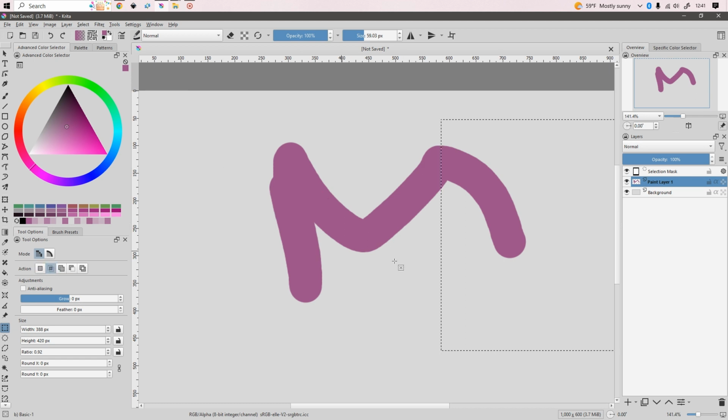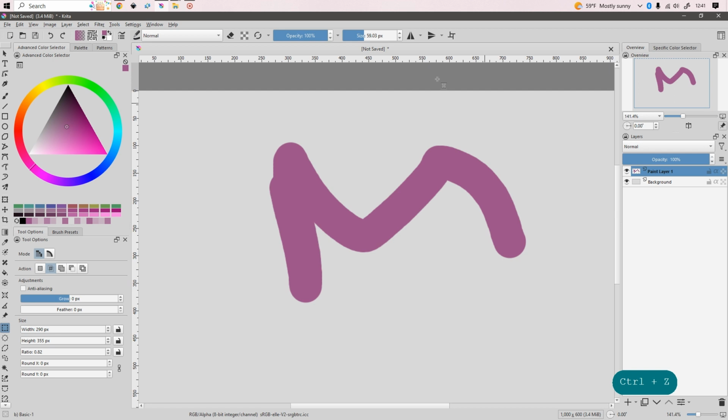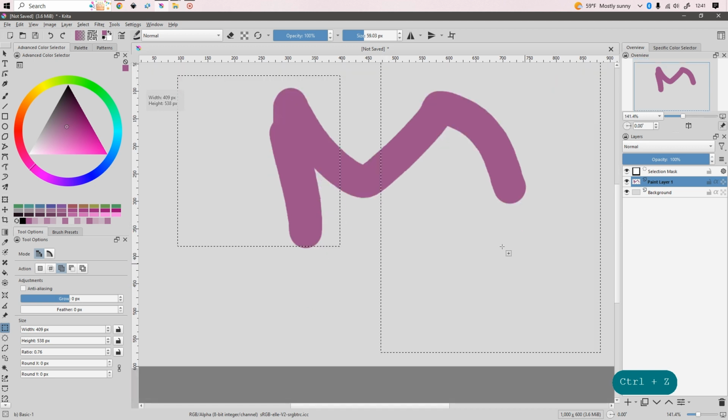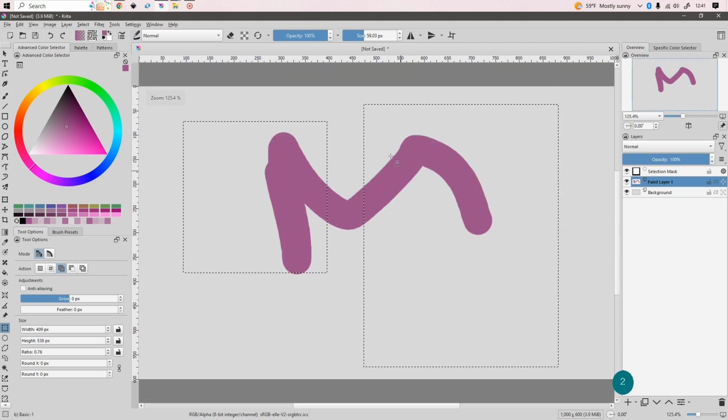Intersect, I just don't use. I'm sure there's places where it would make sense, but we have this original selection. We select this area. It's just going to get the section that's the same between the two selections. So if you have a selection over here, and then you select over here, it's not going to have anything selected because there's nothing intersecting. Add, if you have a selection and you make a new selection, it just adds it to the selection. So it doesn't get rid of the original place. Subtract